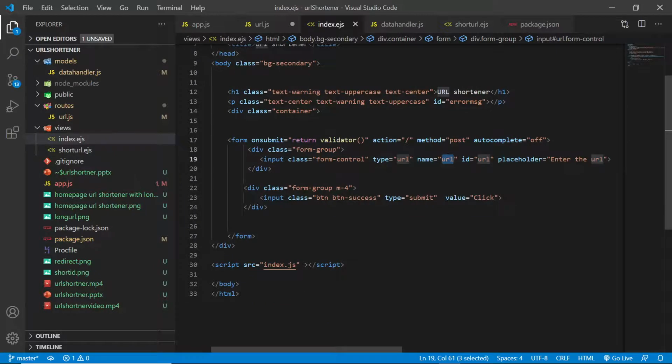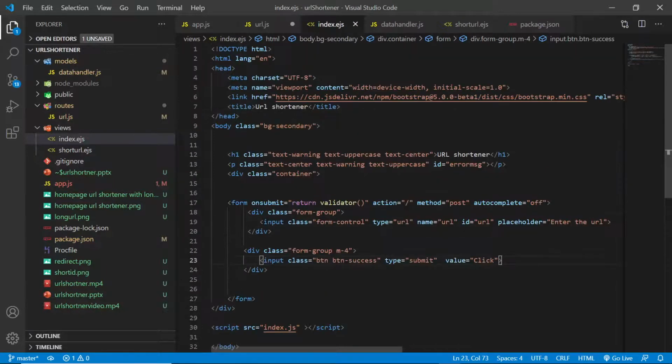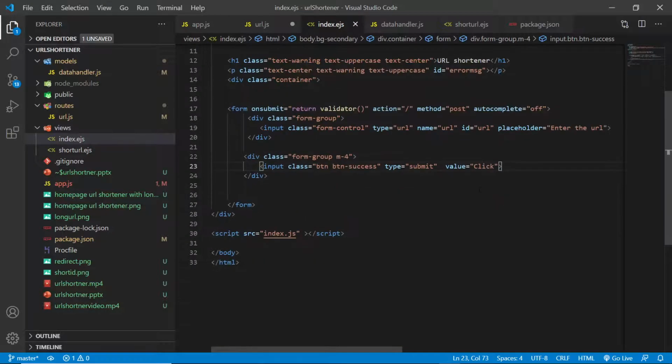So index.js consists of the input, which will take the URL, and a button. I have used Bootstrap for styling purposes, so nothing special over here.